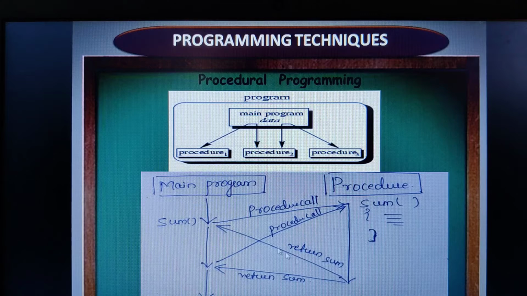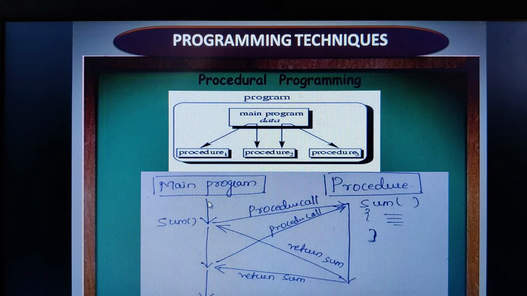When you return a sum, you are providing the answer back to this main program. So we are combining the returning statements into a single place. This kind of programming technique we call the procedure programming technique. That means the procedure call is used to invoke the procedure.